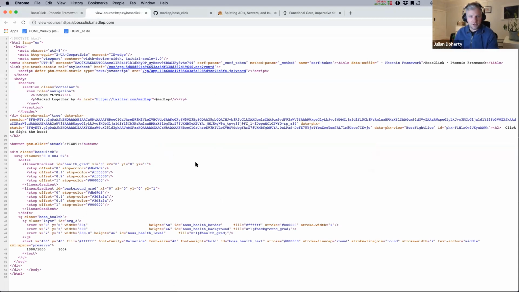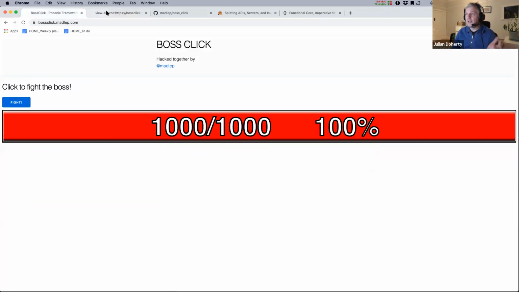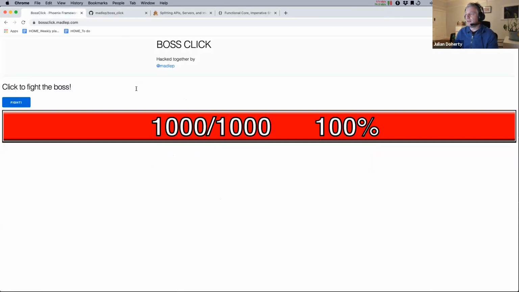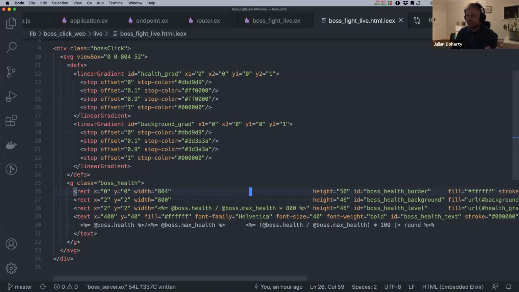If you wanted to run this whole thing with JavaScript turned off and keep refreshing the page, it doesn't work for the button clicking, but you could make it work by hooking it up with a form submission. But you will get the actual current state of what that thing is doing. So if people were clicking through, and then you go and look at the source again, you're going to get this set to whatever the current state of that thing is. So the cool thing about LiveView is it'll let it work even if it'll degrade that way, which is kind of nice. So to get this thing, what we're doing then is